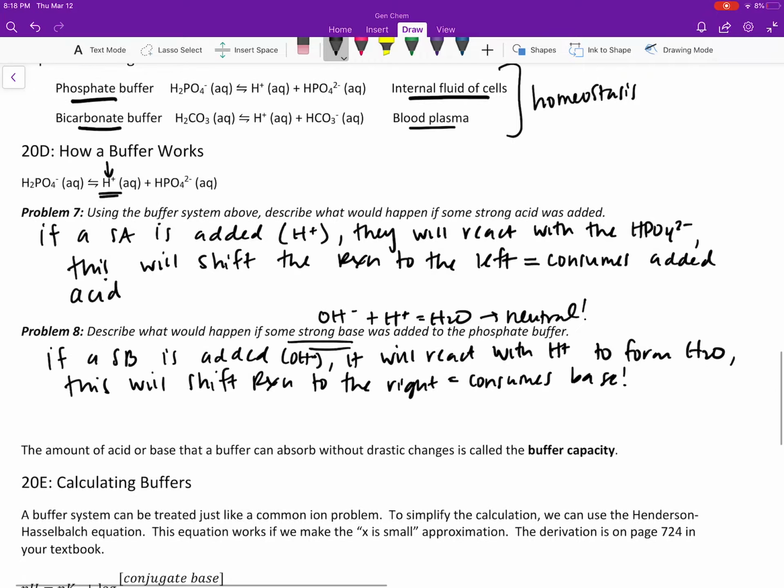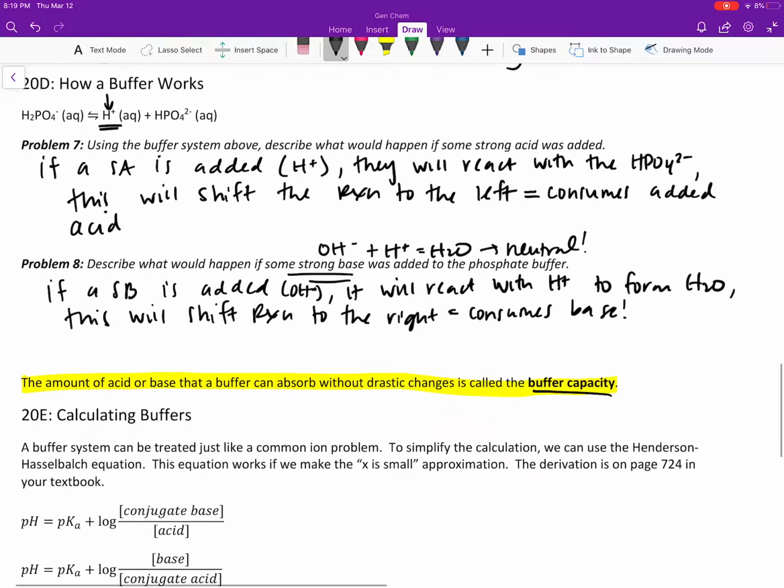Okay. Now, there is a specific term which says that the amount of base or acid that a buffer can absorb without drastic changes, meaning those small changes, is called the buffer capacity. And all buffers have a limit to what they can take. Your biological systems also have a limit in your homeostasis, the ability to maintain buffer. So it's important when you work with buffers to know what the limit is, and for your body it has a really important effect because of toxicology and pathology and microbiology and all the fun things you'll learn outside of